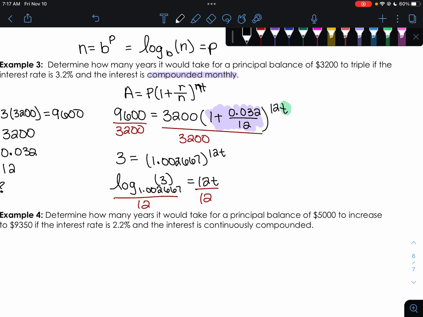And so this right here is what I'm going to type into the calculator. So I'm going to hit alpha window 5. I'm going to type in that long decimal for my base. In the parentheses, I'm going to type 3, and then I'm going to divide it by 12. I should have started with the fraction button. But when we do that, we get t equals